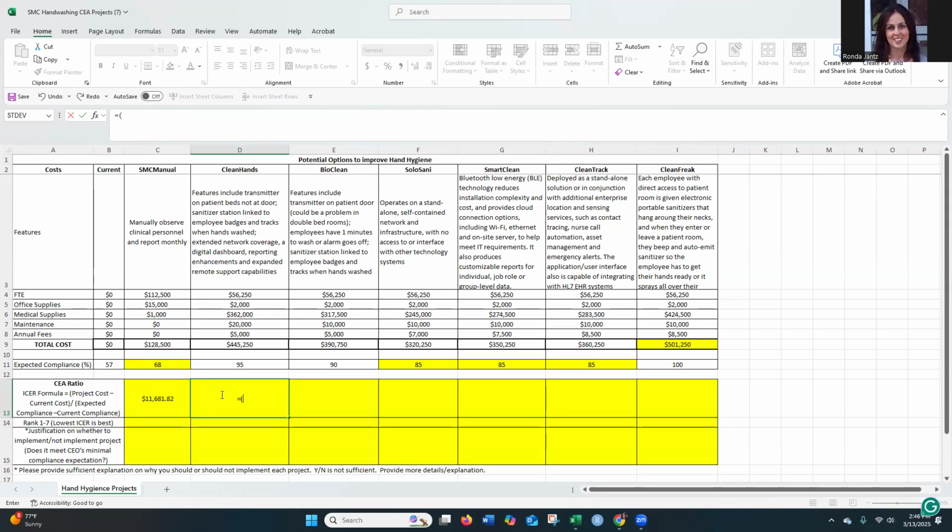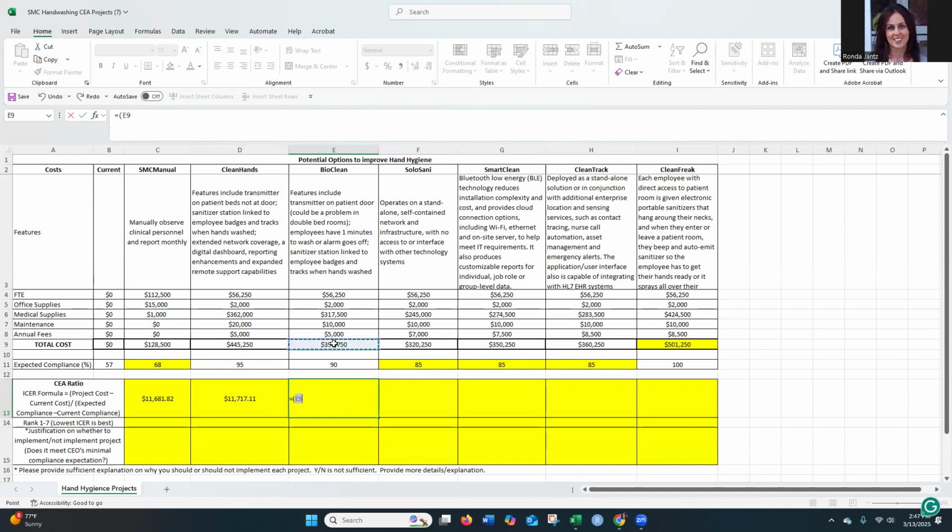So we'll do equals parentheses project cost minus current cost. Remember, our current cost is 0, parentheses divided by expected compliance minus current compliance, which is 57. And then we'll do one more. Equals